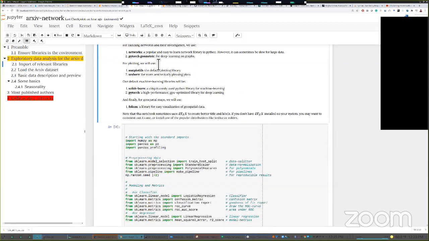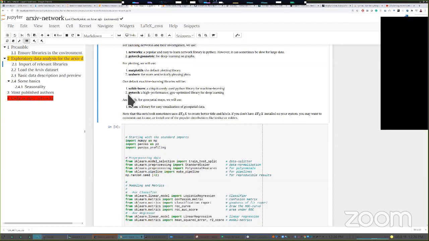So that would be the networking library. There's another library called PyTorch Geometric. For now, skip it because we'll need it in the next workshop when we do deep neural networks. Right? For plotting, of course, we use Matplotlib and Seaborn, no brainer. By now, you should be familiar with. For machine learning, we'll use scikit-learn. Once again, it's a ubiquitous Python library for machine learning, and we are all familiar with it.